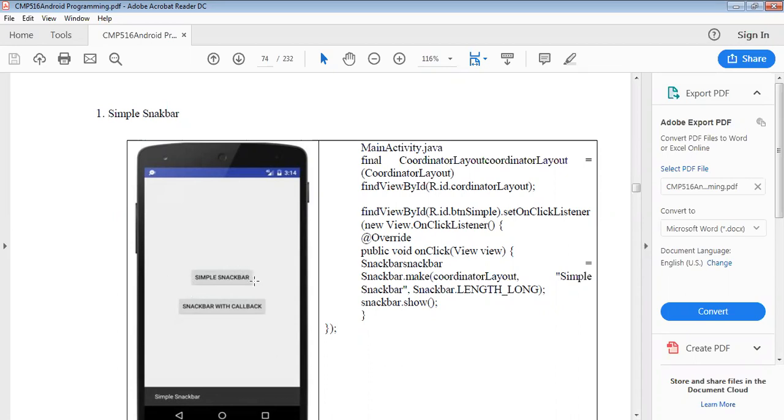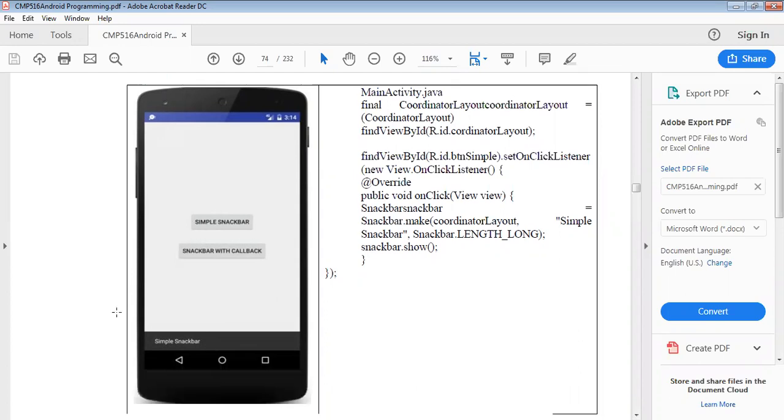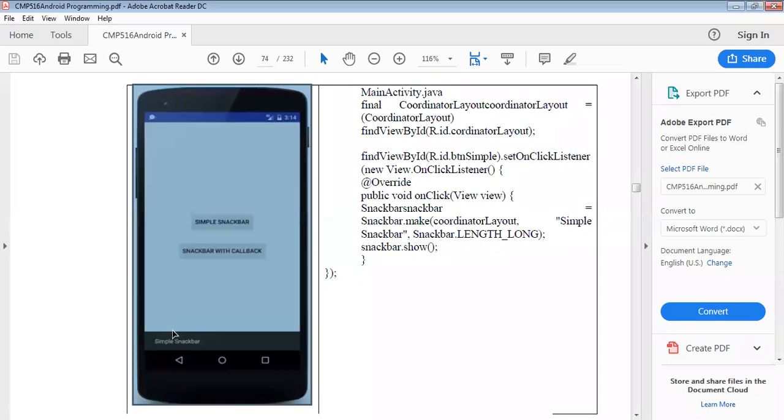Here a simple Snackbar is created. After that, Snackbar.make(coordinatorLayout, simple snackbar, Snackbar.LENGTH_LONG), and here the show method is called. First will be the button, and after that the Snackbar with callback function. That is an example of our simple Snackbar.